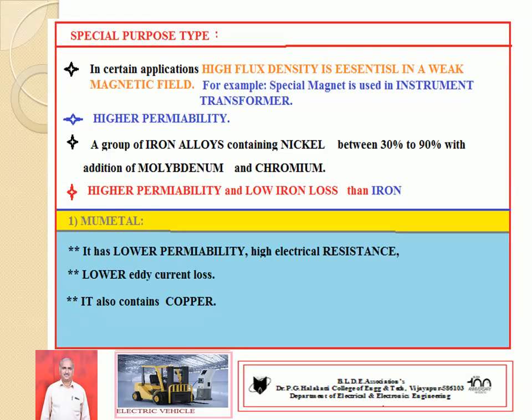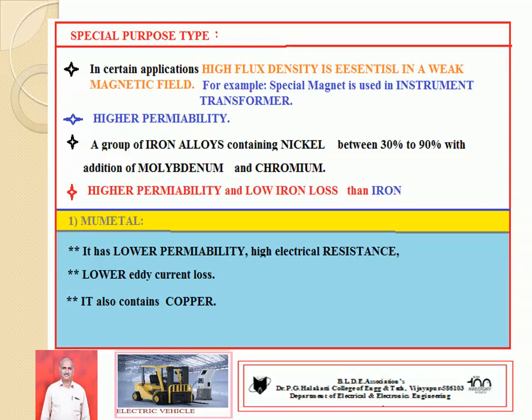It is also observed that one material cannot meet all types of applications. So, in certain cases, higher flux density may be desired. In certain applications, low magnetic flux density may be desired. In certain applications, some ductility may be required. In certain applications, mechanical strength may be required. In certain applications, cost is very essential.